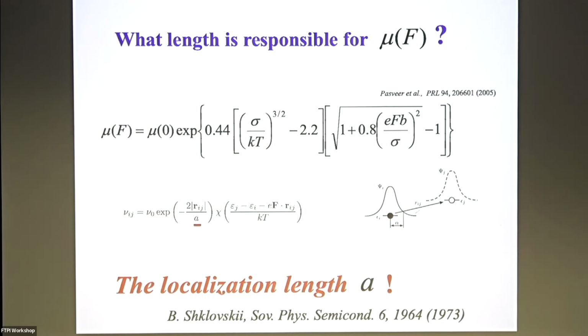Okay, and I put here the inter-site spacing, and Boris claimed more than 50 years ago that the only spatial scale responsible for the field-dependent hopping mobility is exactly this negligible size of the wave function. And there is no Stark effect. There is no gain of the field inside the wave function. The electron tunnels from this spot to another spot. And nevertheless, Boris claimed that this is the only parameter. He was so confident that in his paper of '73, Boris suggested to use measurements of the field-dependent mobility in order to figure out the localization length in your material.